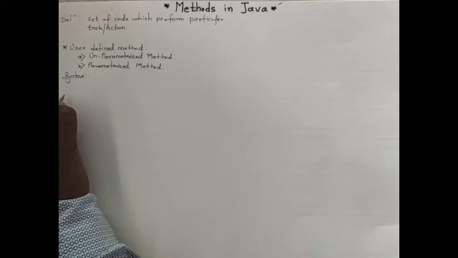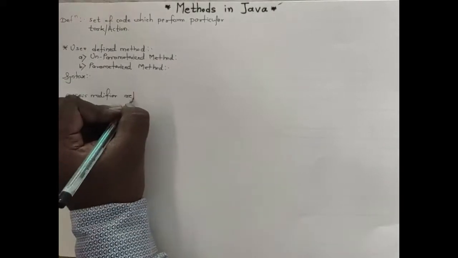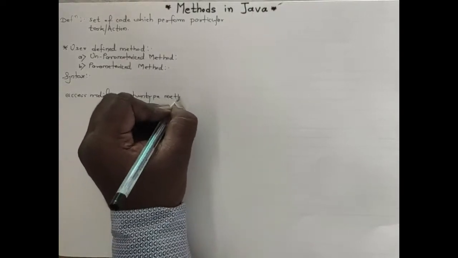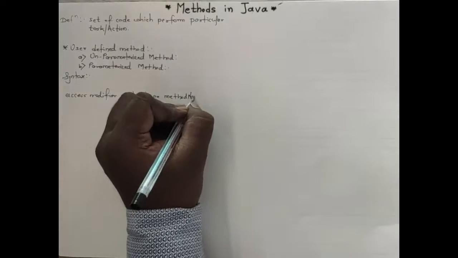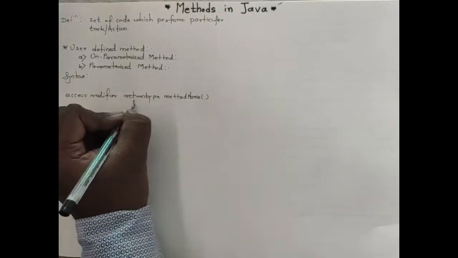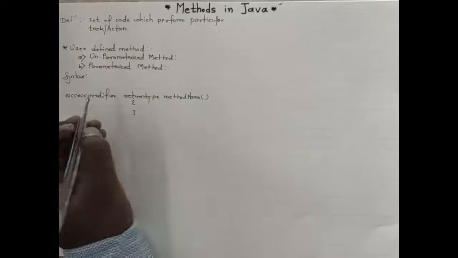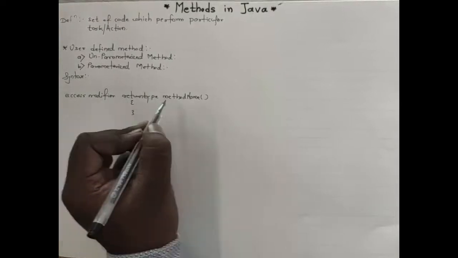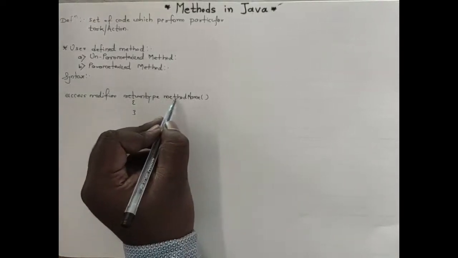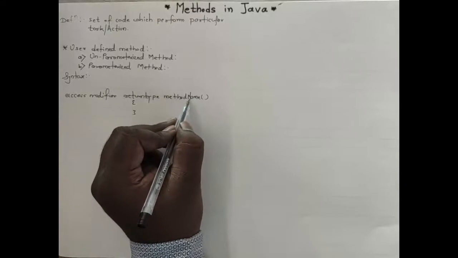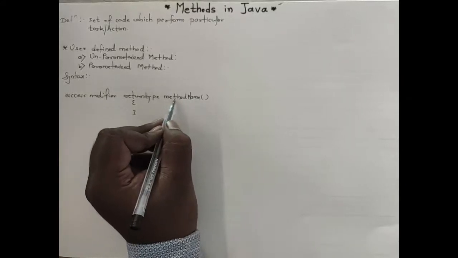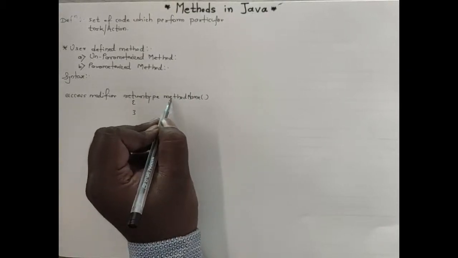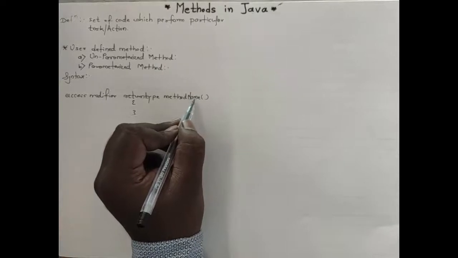Okay, so writing here the syntax of the method. Syntax is access modifier, return type, and method name, parenthesis, open and close curly braces. So this is the syntax for a method in Java. You can simply observe here, the initial letter of the method name is small. You follow the same convention in your program. The method name's initial letter is always small and the initial letter of each next word is always capital.